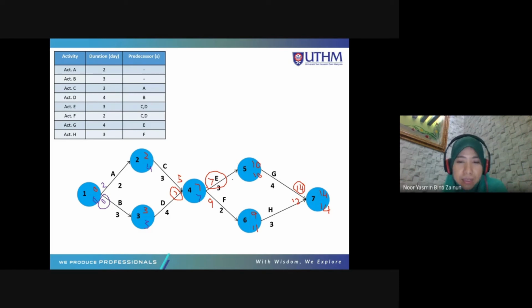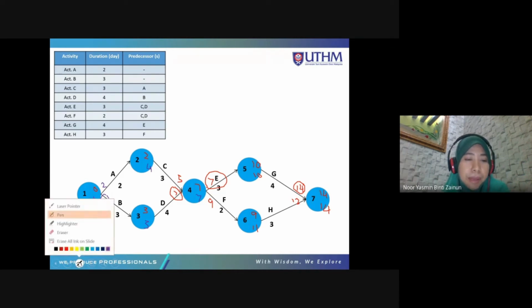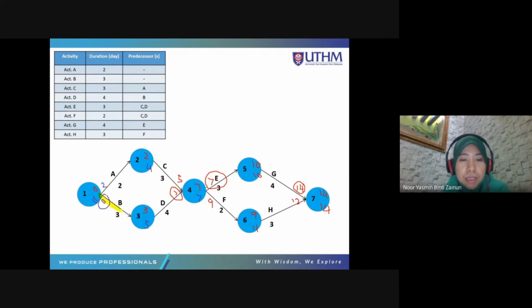The easiest part is that you can see they have similar numbers for early start and early finish, and late start and late finish: 0, 0, 3, 3, 7, 7, 10, 10, 14 and 14. This shows that these activities do not have any float. So here you can determine that the critical path is B,